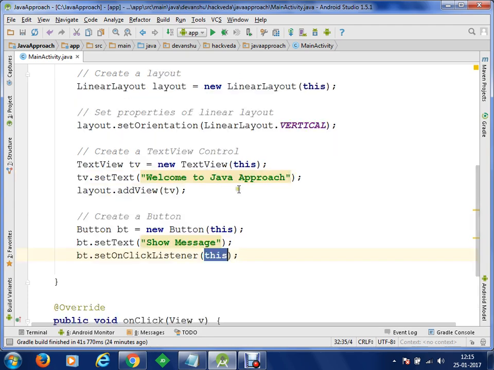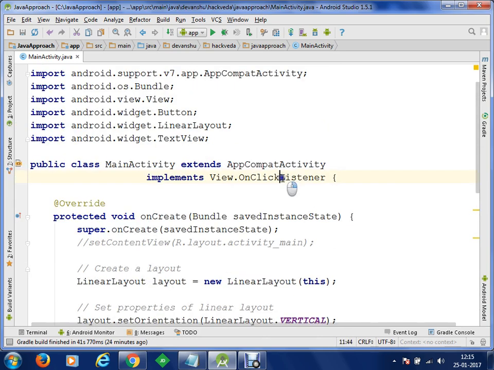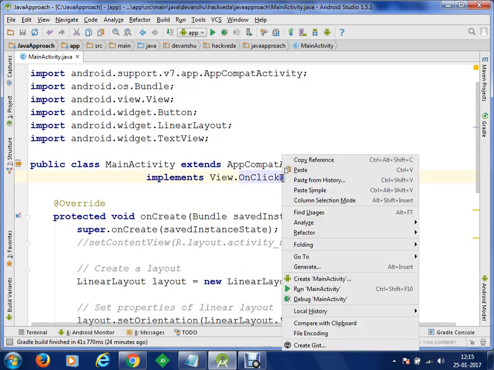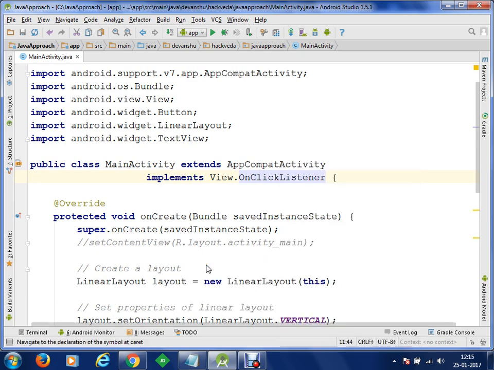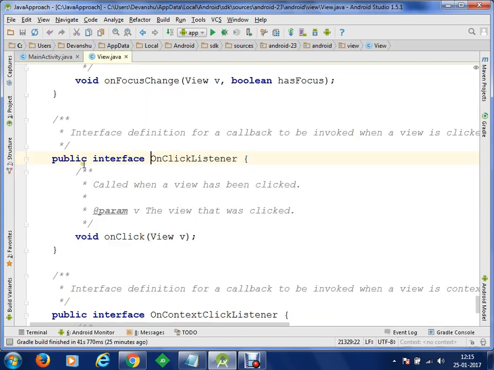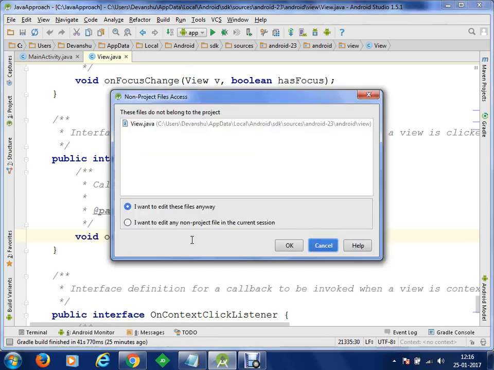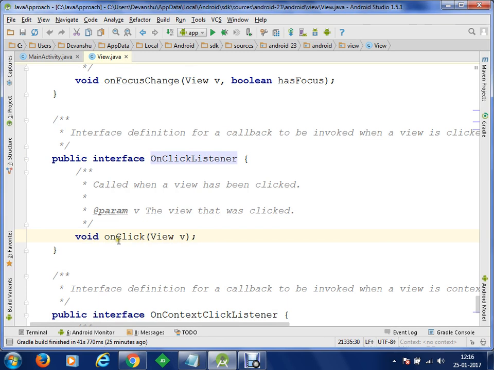Okay, now if I show you what this OnClickListener interface contains, you can simply right click on it, you can go to implementation. Let's say we'll go to declaration. Okay, so this is your public interface OnClickListener. Okay, and now you can see that within this public interface there is a method onClick defined. Okay, but you can see that there is no code body here. क्लियर? सो इंटरफेस की ये प्रॉपर्टी होती है कि इंटरफेस के अंदर सिर्फ मेथड का नाम डिफाइन किया जाता है,